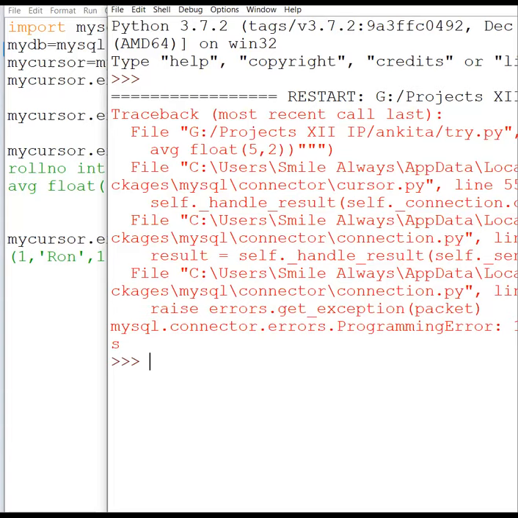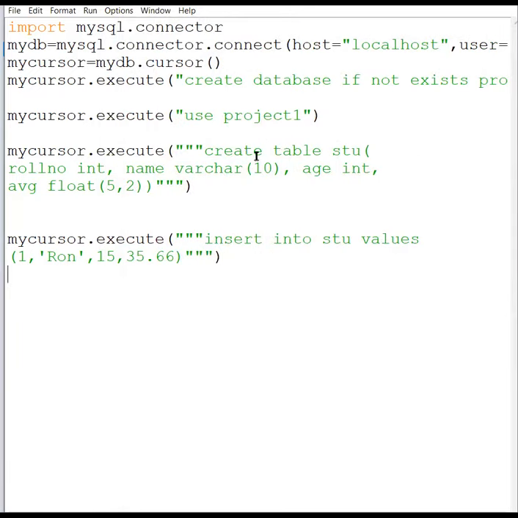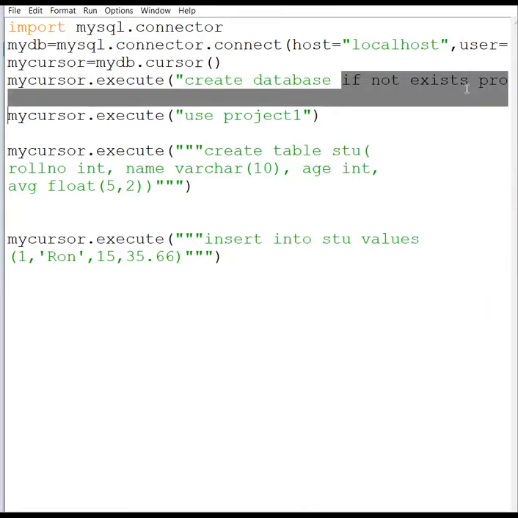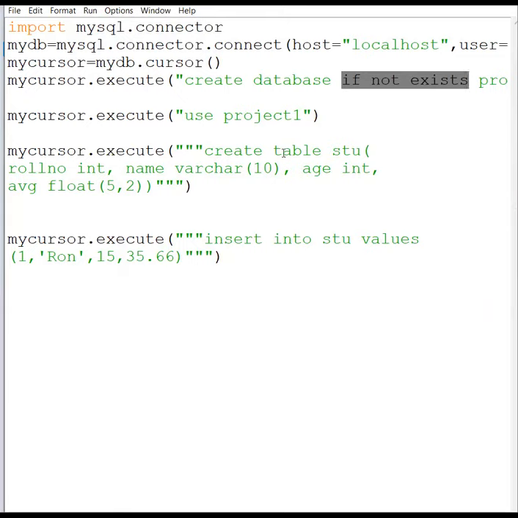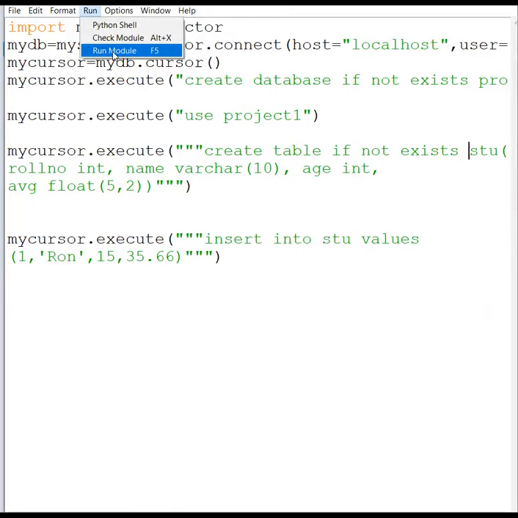Okay. Now see one mistake I am making. When I created the database, I used if not exists. But for this create table command, I have not used this. So again, it was giving the error that this table already exists, meaning you are giving the command of creating this table again. So what you need to do is create table and then again if not exists, just copy this and paste it over here. If not exists, STU, and then all this information, then simply run this.